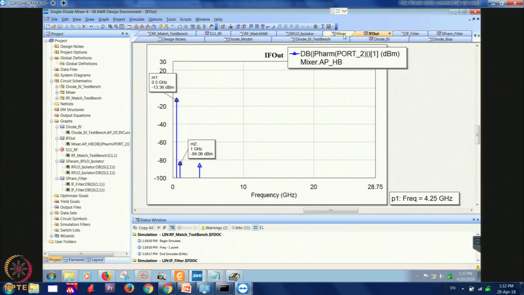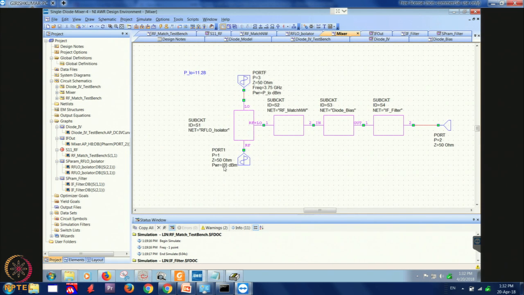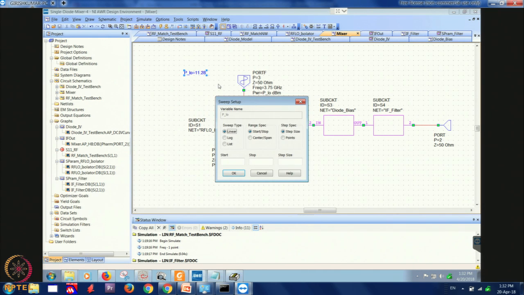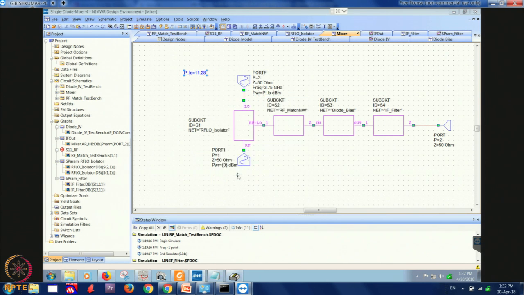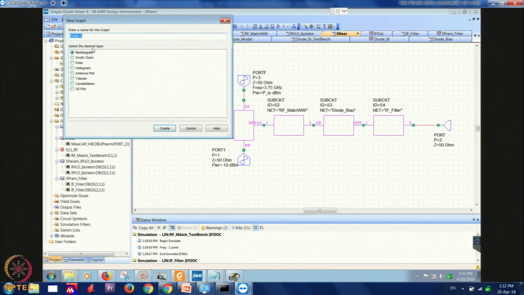Now we will see the conversion performance. For that, let us go to the mixer. Let us add a sweep variable for the LO power starting from 0, stop 20, step size 4, okay, place it here, and let us keep the RF power at minus 10 dBm, save it. Now add new graph, conversion